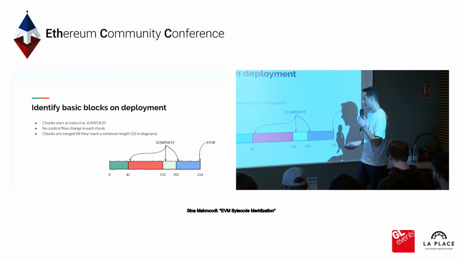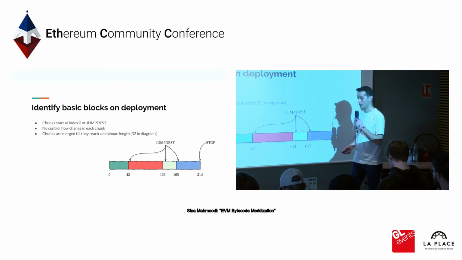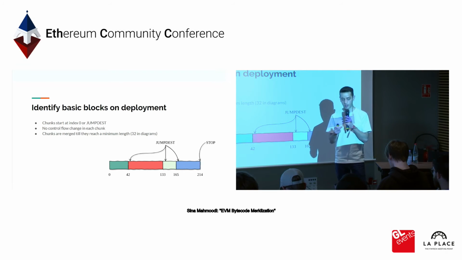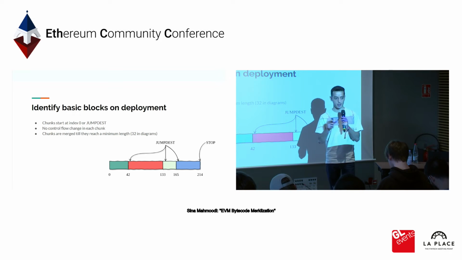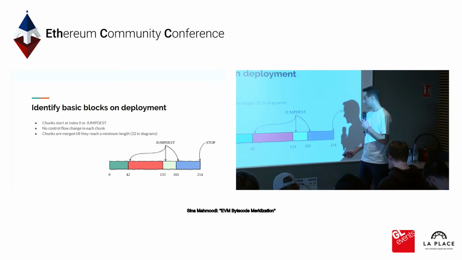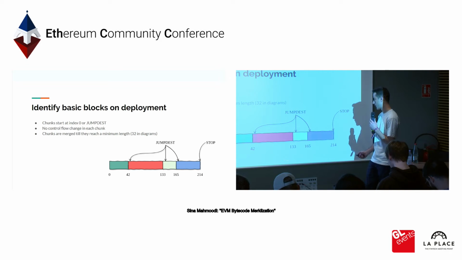And later on, we don't want to have too small chunks. I will explain why later. So therefore, we merge these basic blocks together to get a minimum size. And in this diagram, this minimum size is 32, as you can see here. So this bytecode, let's say the miner did a pass and determined that these are the 4 basic blocks. All of them start with jump dest. Now,